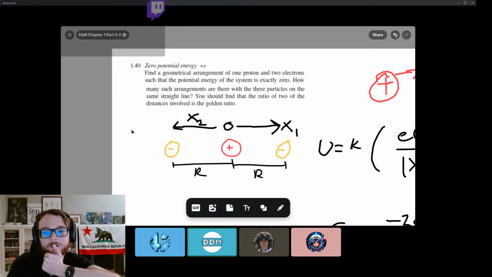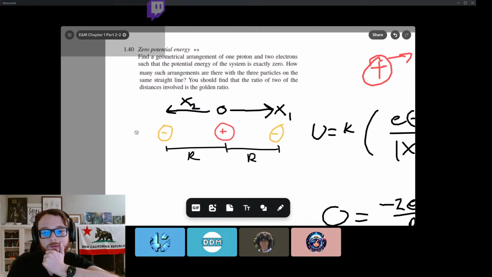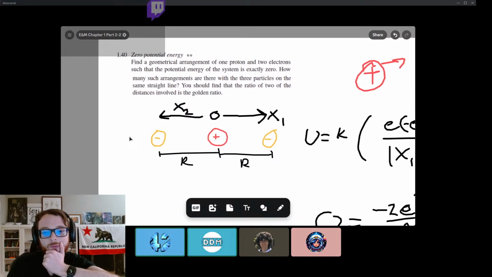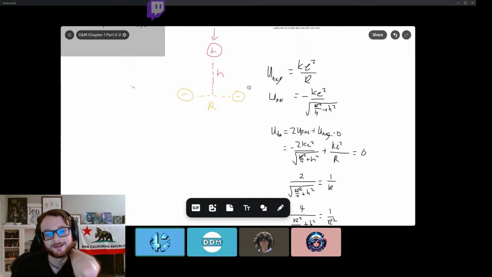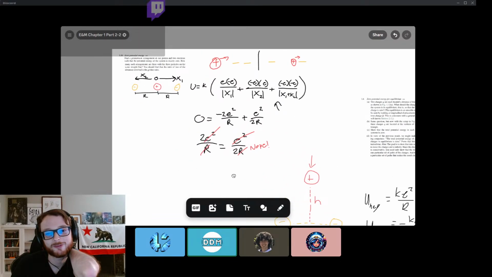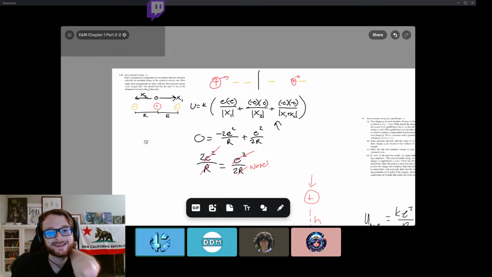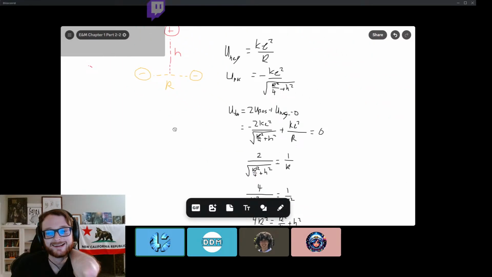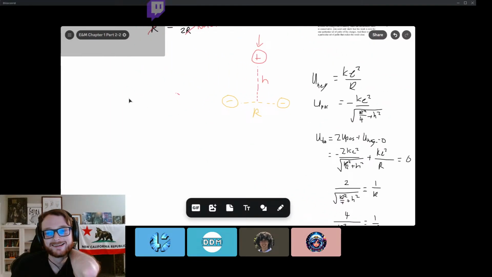So the question is, find a geometrical arrangement of one proton such that the energy is 0, which I guess we found two. How many such arrangements are there with three particles on a straight line? Zero. Well, no, there will be. I thought we just said there weren't. There's no way to get the system into equilibrium, but to get it to have potential energy 0,